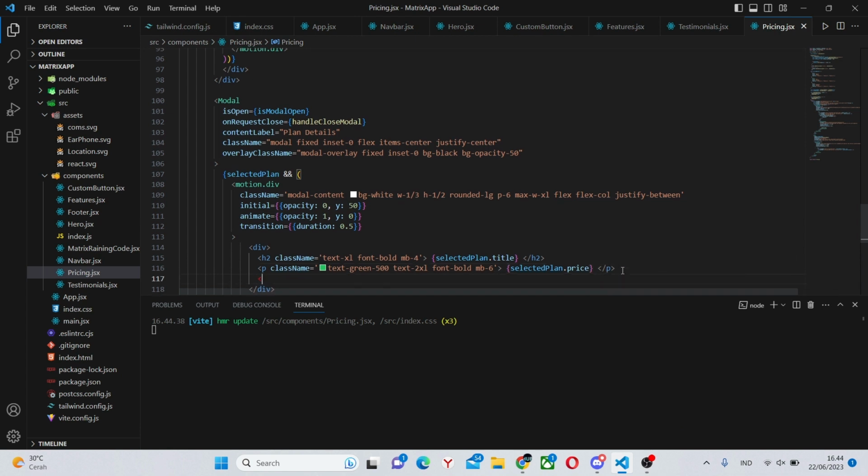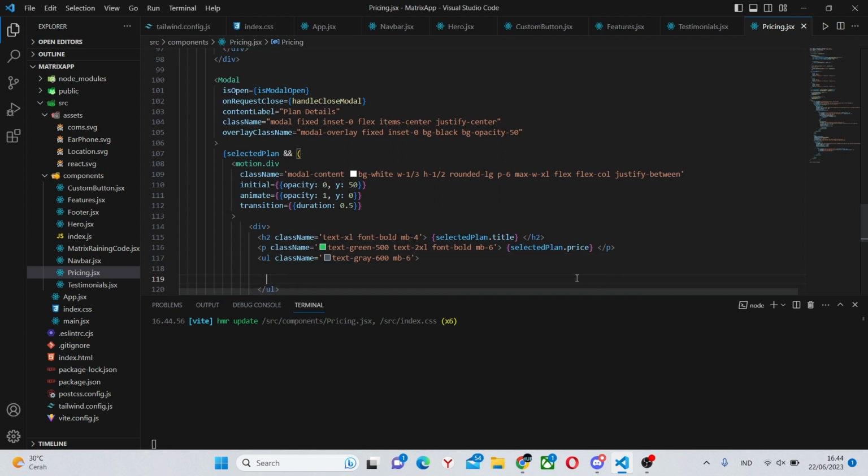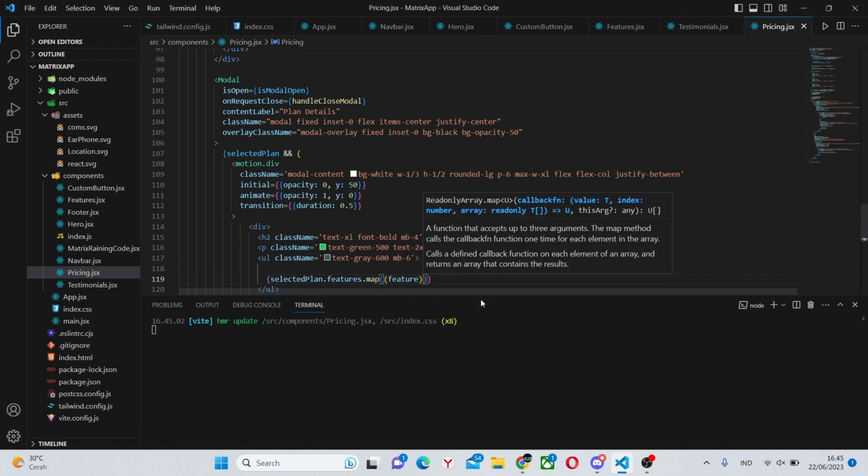Next, we can say ul className text-gray-600 and another className of margin bottom -6. In this ul, we can say selectedPlan.features.map, and we can say feature, open another bracket.